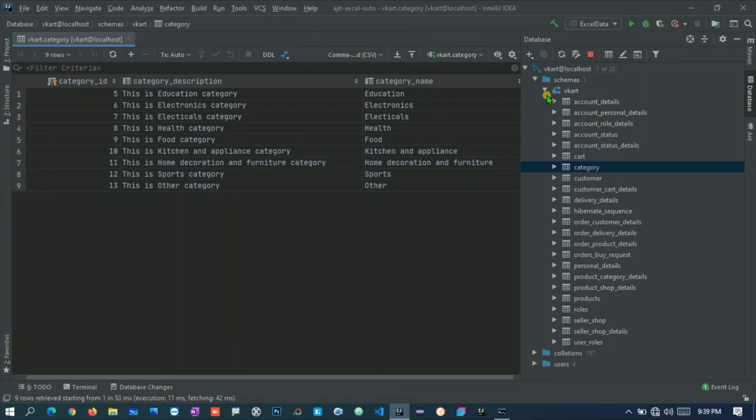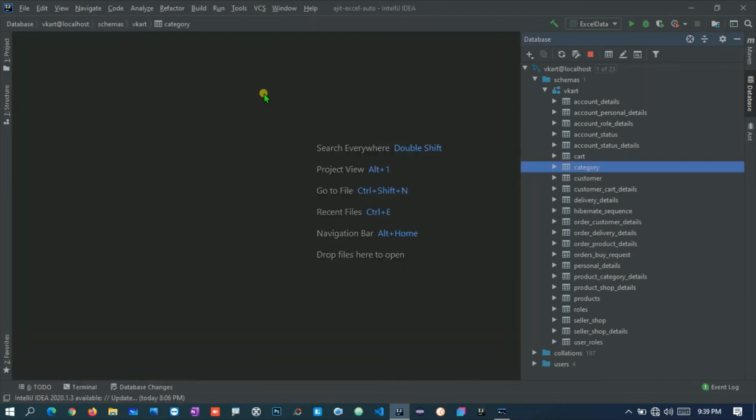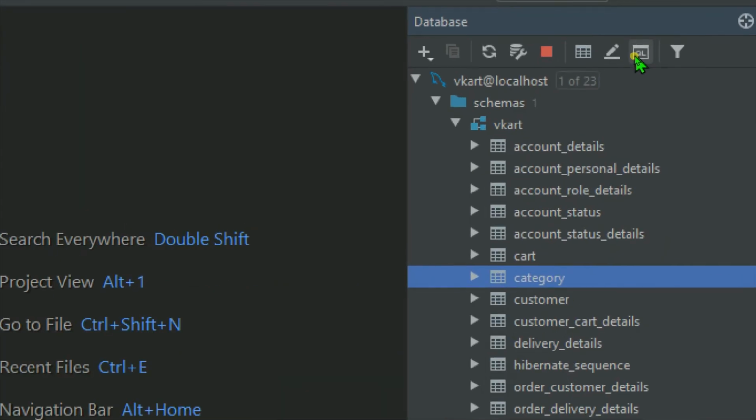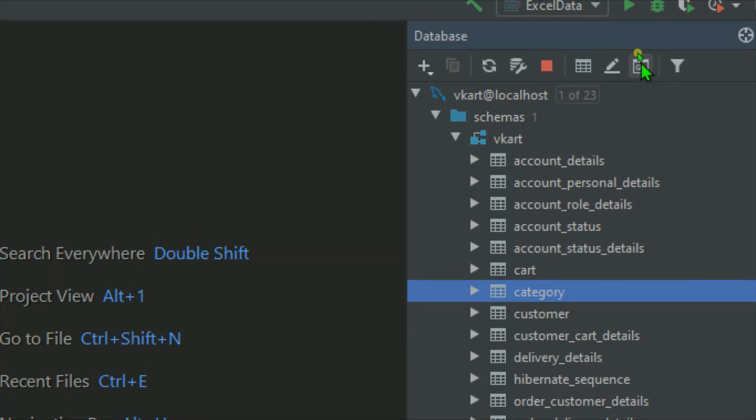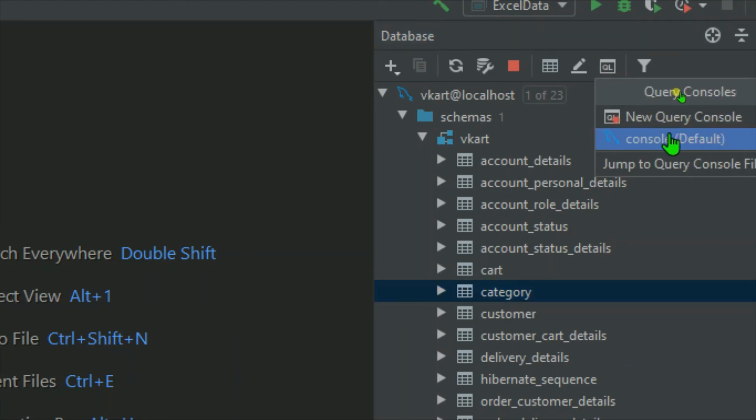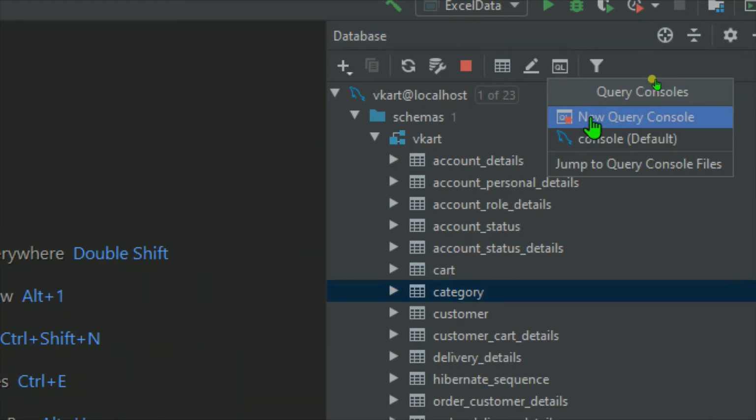And if you want to run an SQL command, we have one option over here. We have this icon by which we are able to jump to the query console. Let me click on this icon, and it will ask you to choose a console.